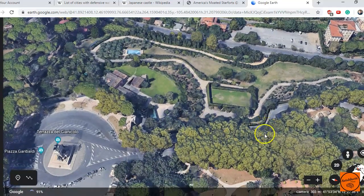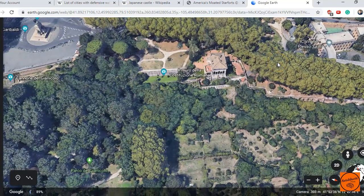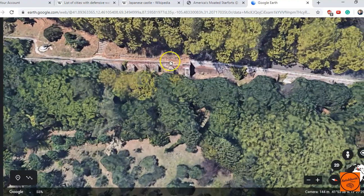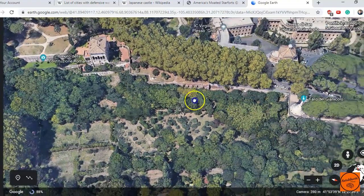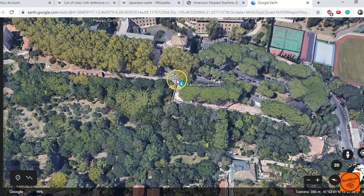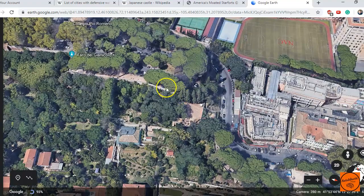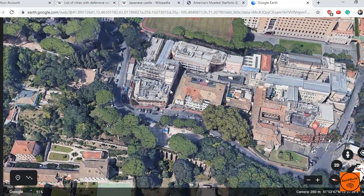There's a wall along this backside, but I'll leave that to you. If you just check out Vatican City on Google Earth, you'll be able to look at it yourself. But see, this looks like there's a wall coming along here. It looks like an old wall. Okay, it's got those kind of rampart bits. And as you can see, it looks like it comes along up here, and it brings us out pretty much